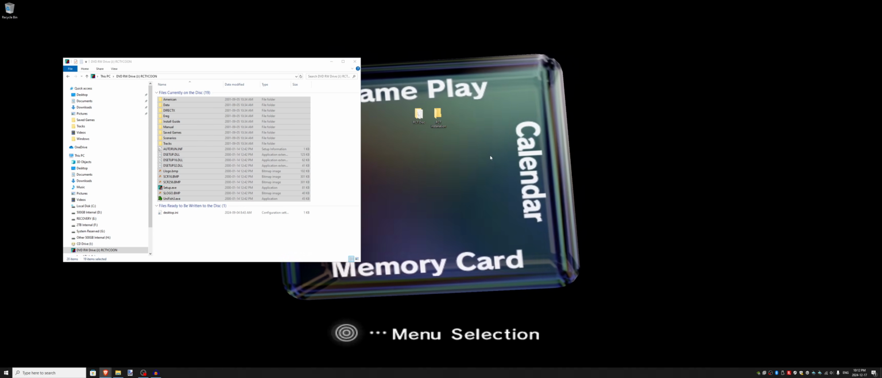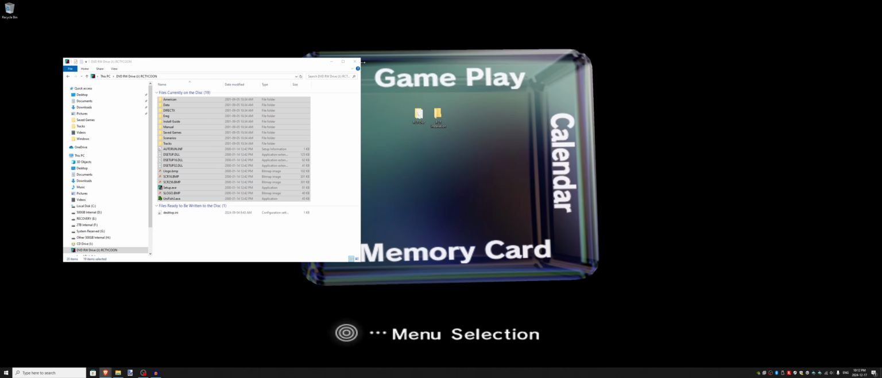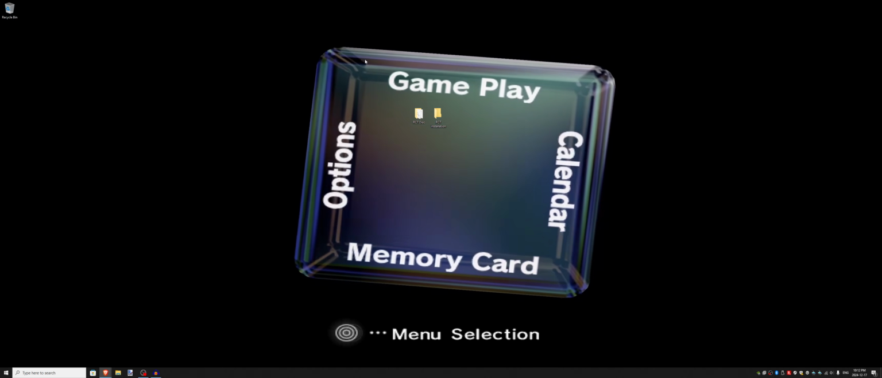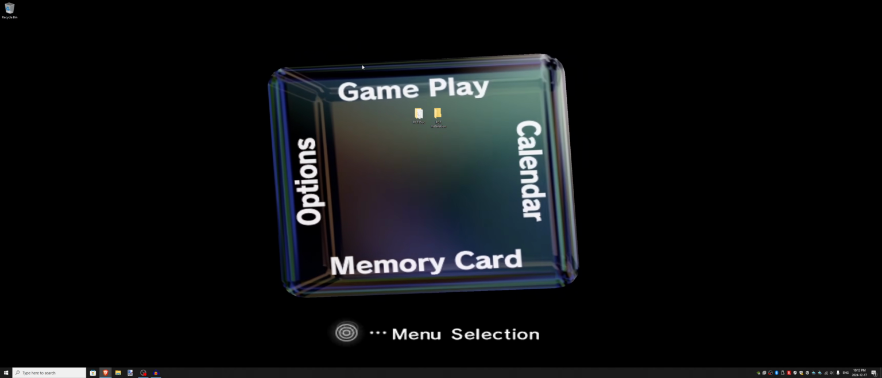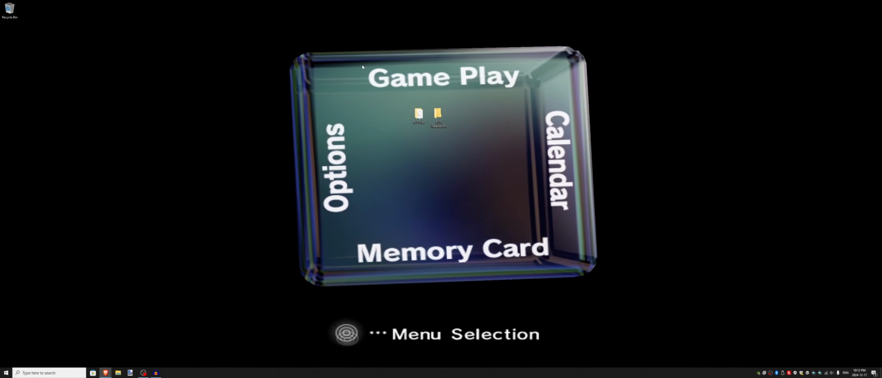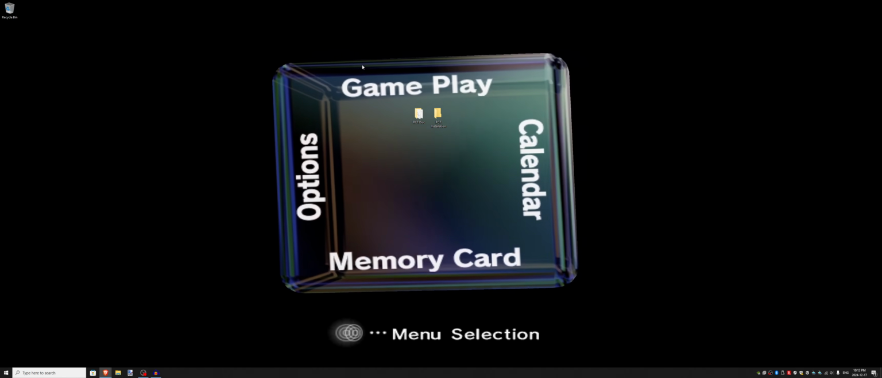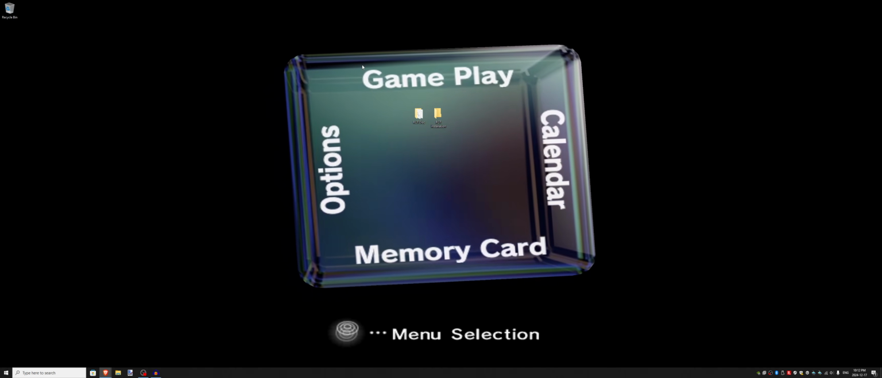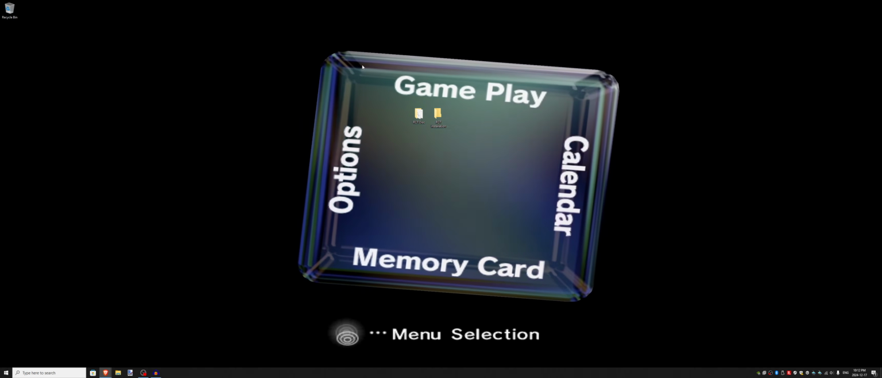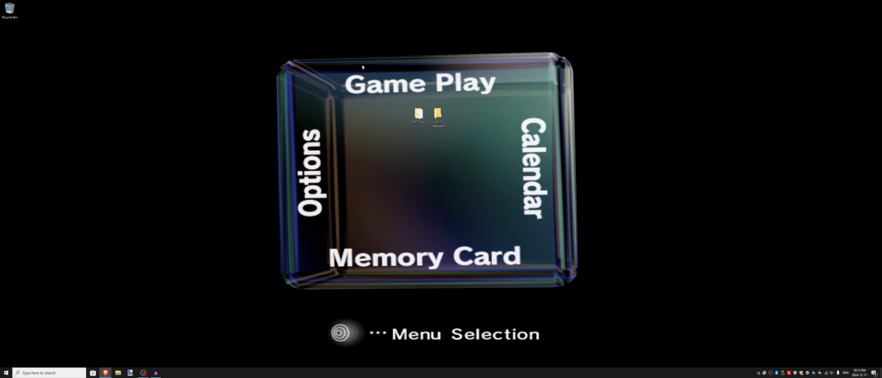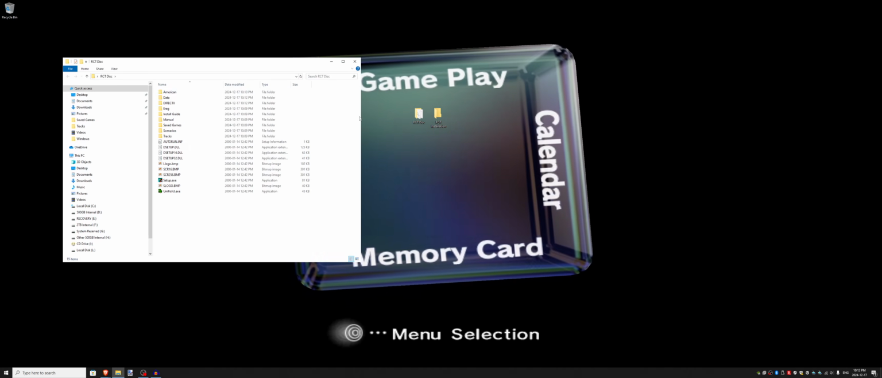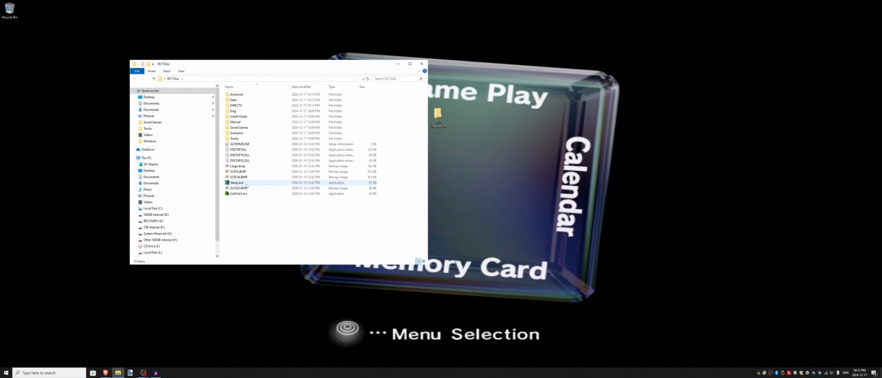Alright, now that that is finished copying, you can eject your RollerCoaster Tycoon disk. You will no longer need it in the disk drive. Once you put your disk away or store it wherever you keep it, then you want to open the RCT disk folder and run the setup.exe